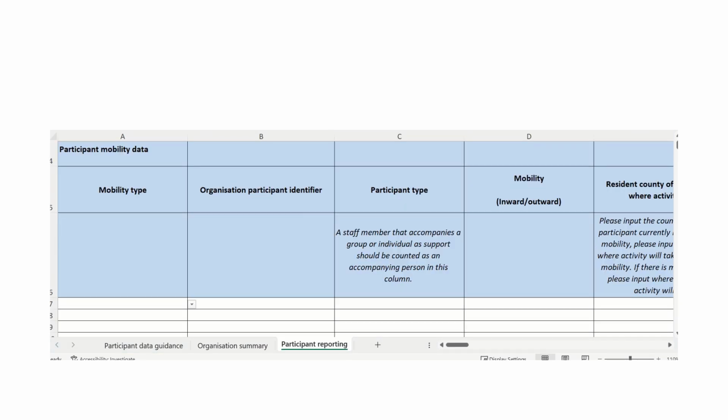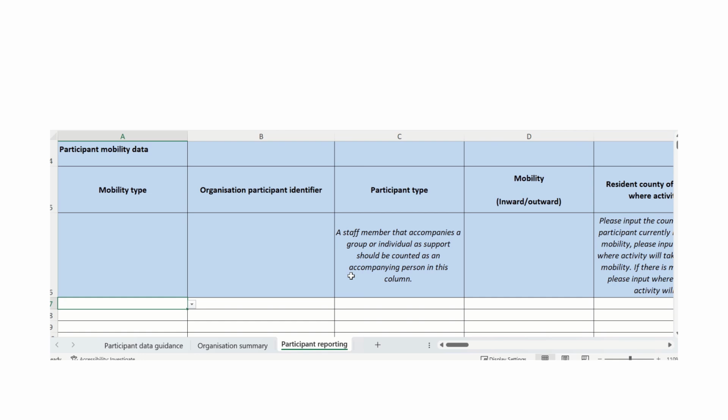Okay, so we'll now go ahead and run through some examples of participant data entries. The first thing to note is that drop-downs are used in most tabs that need completing. And again, before we go ahead, just to remind you, you should only be adding mobilities that have been completed. That is, the final date of that mobility is in the past, or mobilities with requested additional funding costs that